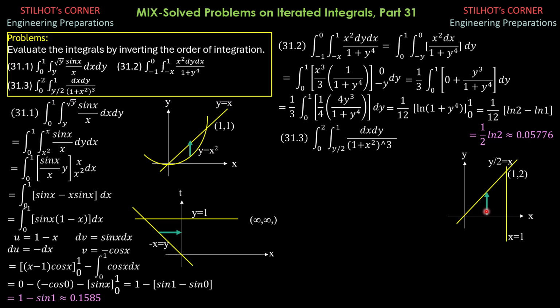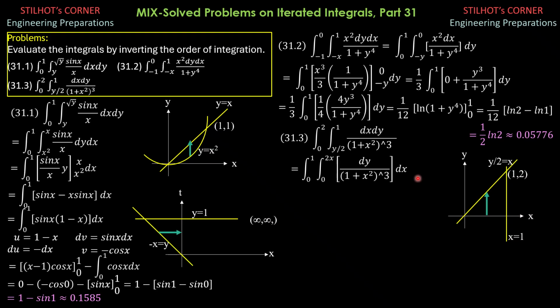Since the final variable would be x, because we interchange this, change the order of integration, that means our strip is vertical. So outer limits would be from 0 to 1. We change this to 0 to 1. And inner limits would be that of y. Y here is 0. Then y there is 2x because y is 2x for this line. So this is now integral 0 to 1, then integral 0 to 2x of dy over quantity 1 plus x squared cube dx.